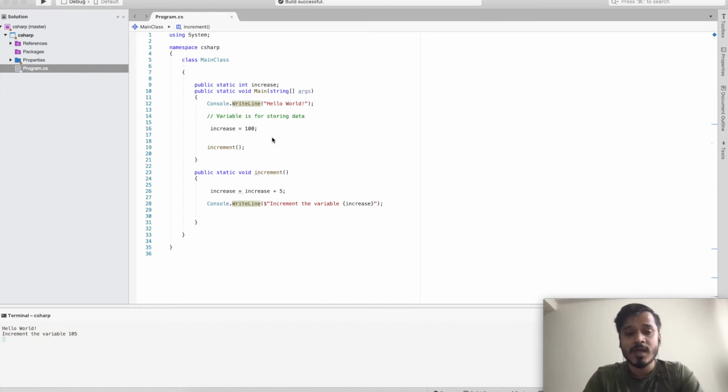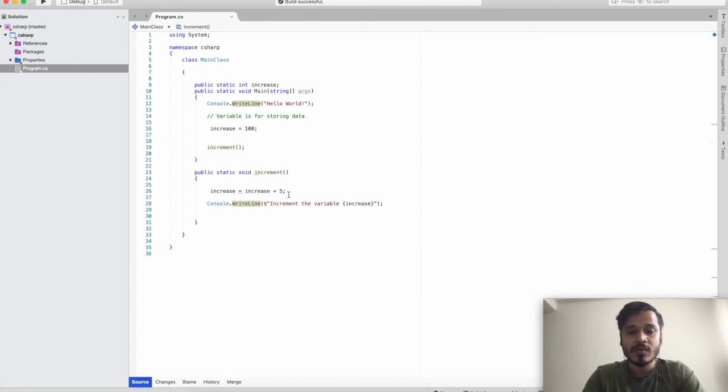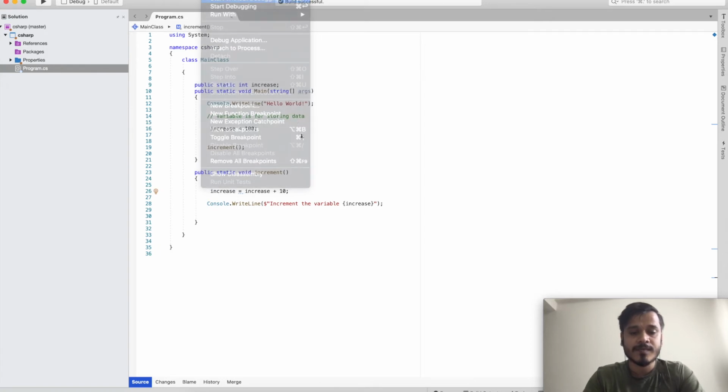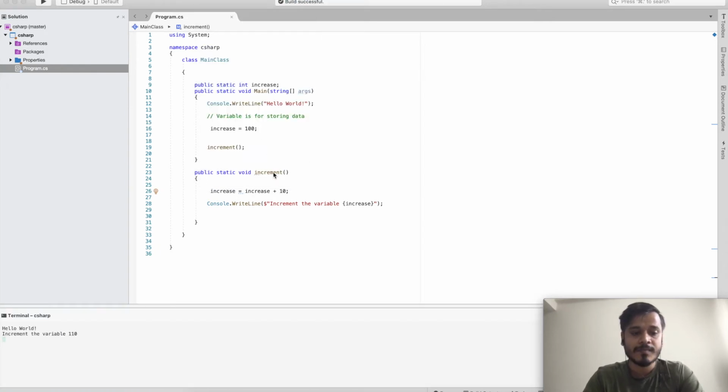Say for example, if I never wrote this code and I needed to increment it again, I would need to write it again and again, and there would have been code duplication, which would have impacted my code optimization. Say for example, I want to increase this number to 10. I will just go here and change it at one place, and once I run it, it will change to 110.